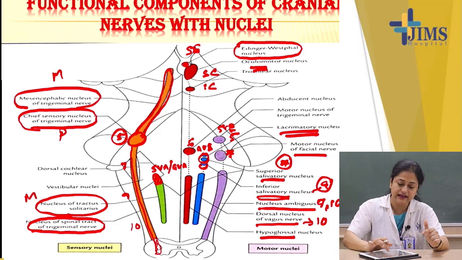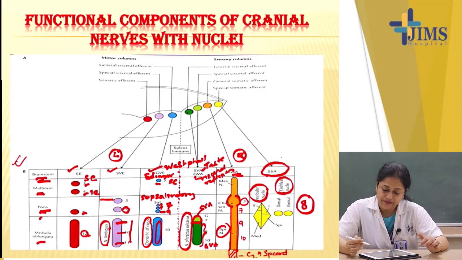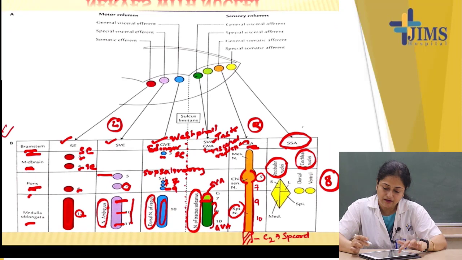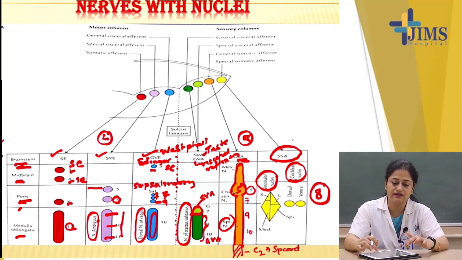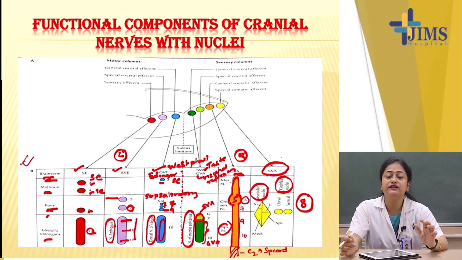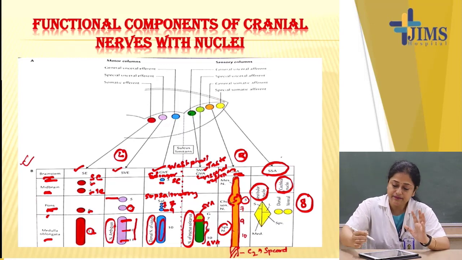In the previous diagram also you have seen this. So here you can see above this 5th nerve sensory nuclei, in the midbrain, this is the mesencephalic nucleus. Now what is this nucleus? It is also a sensory nucleus. It is in continuation of the same sensory nucleus of the 5th nerve and the spinal nucleus, but it mainly